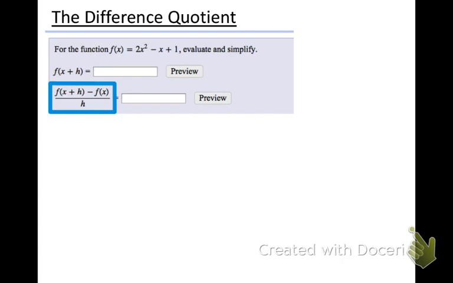Now, when we look at f of x plus h minus f of x all over h, this problem does a nice job of breaking it down for us in that the very first thing we actually have to do is find f of x plus h. So,